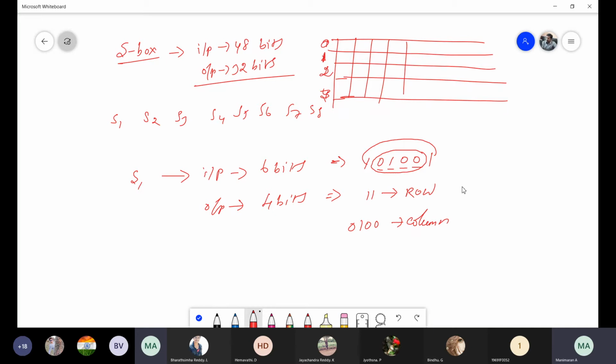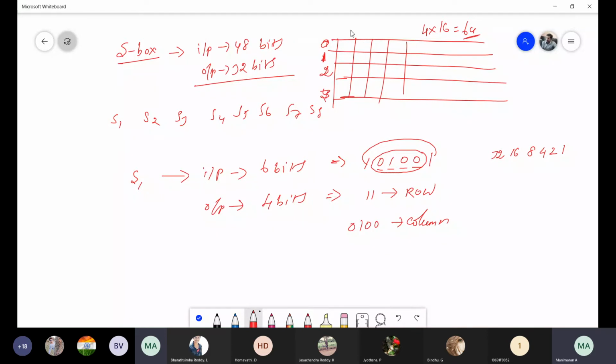Why this much? 4 into 16, totally 64 values. Why 64 values? See, 1, 2, 4, 8, 16, 32: 1, 2, 3, 4, 5, 6, so totally 6 bits are there. So this many values we can generate.